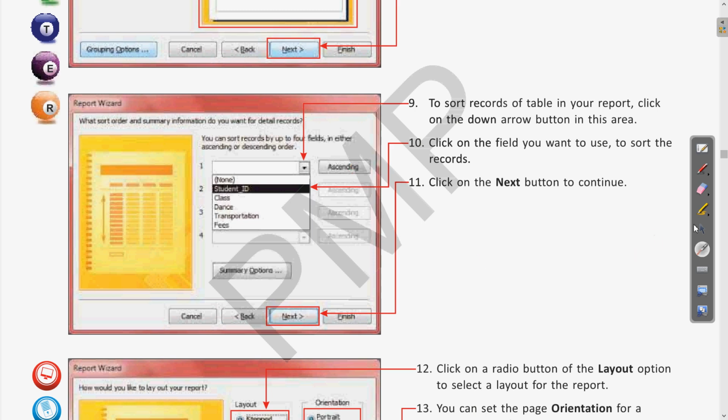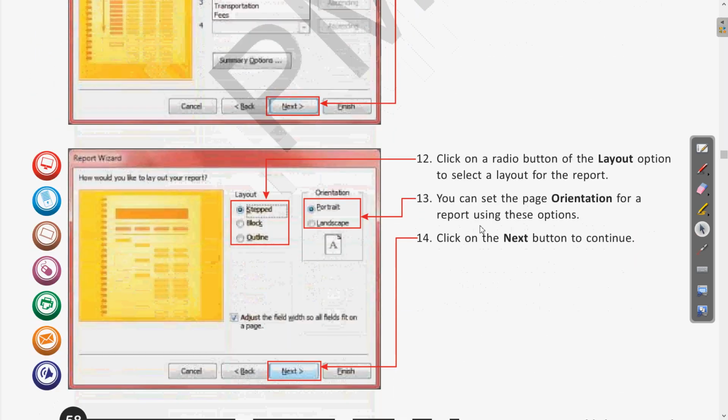Then we click on the next button, and then we have the layout and orientation. We can choose different layouts like stepped, block and outline, and portrait and landscape are the two orientation radio buttons we have. So we can choose the orientation which we want.